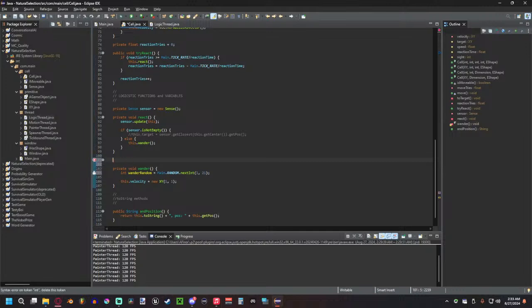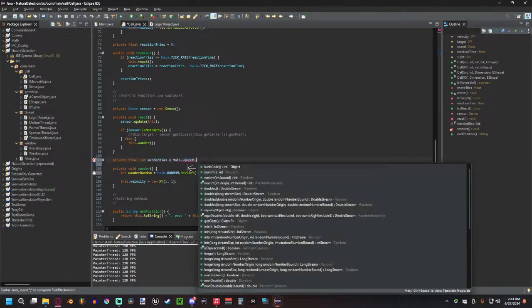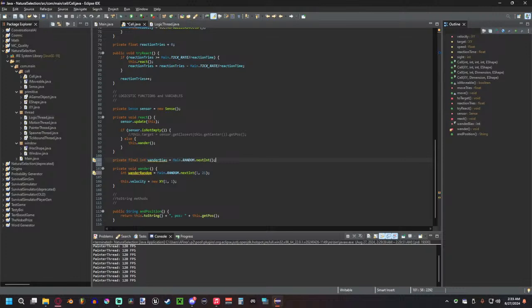private final int wander bias equals main dot random dot next int, and it'll be anywhere between 15 and 19 or 18. So we're going to put in 19 so it includes 18. And then